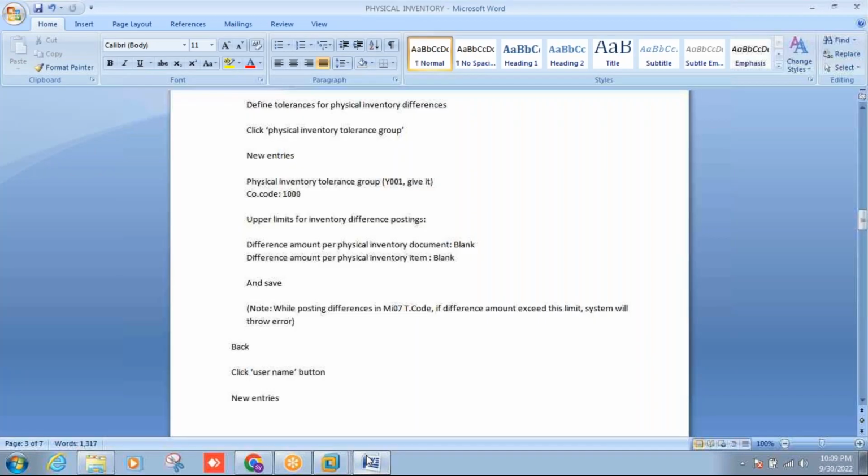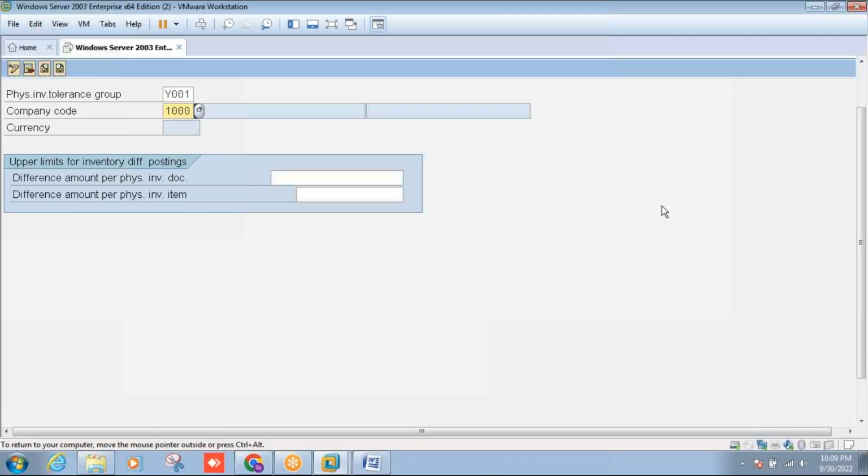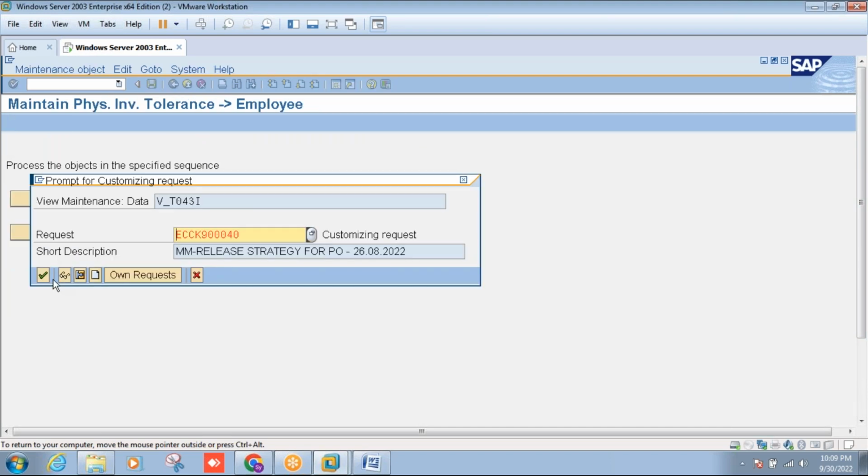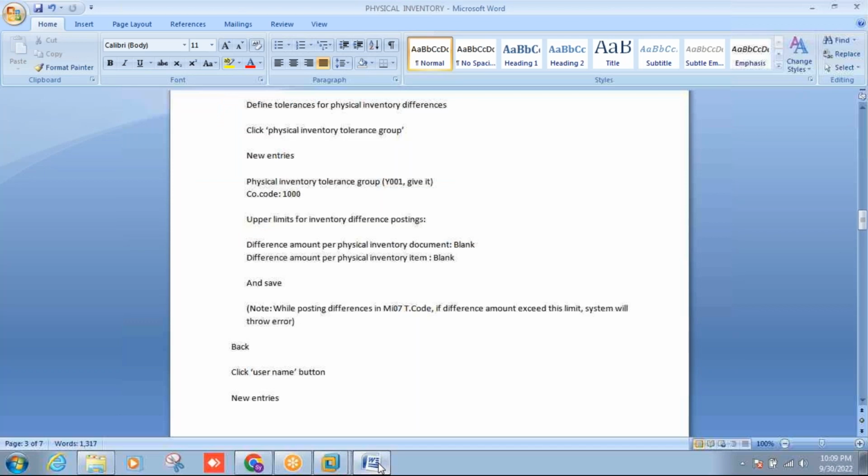So these are the things I'm giving here: company code, upper limit for inventory difference posting, difference amount for physical inventory document. So I'm leaving all this blank and now I'm setting this. Enter and save. So the physical inventory tolerance group I put as Y001. You can take anything. And